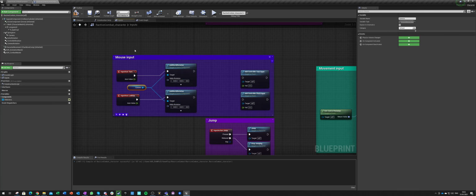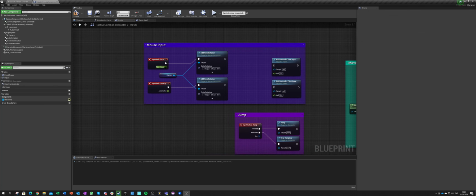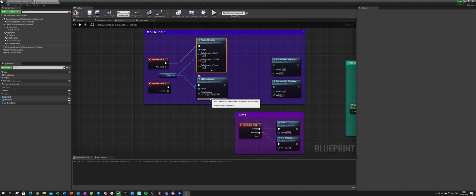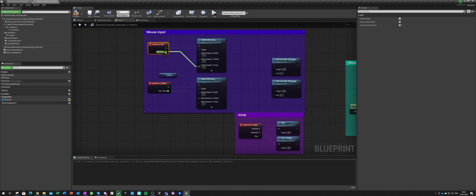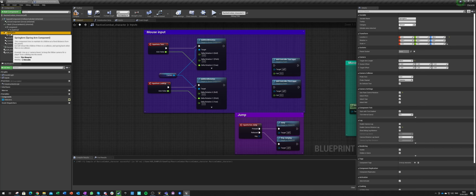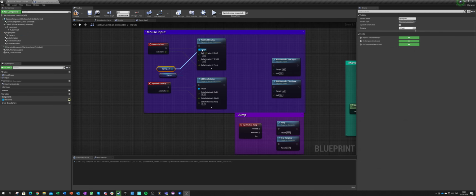We'll add this here to this comment, and now we'll split this rotator, same goes here, split rotator, and for lookup we'll add pitch, and for turn we'll add yaw. And now in our spring arm, oh, we need to take the spring arm, not the camera. Yeah, true that.